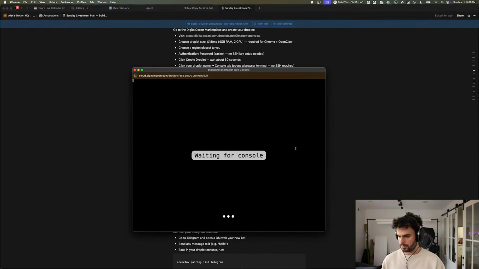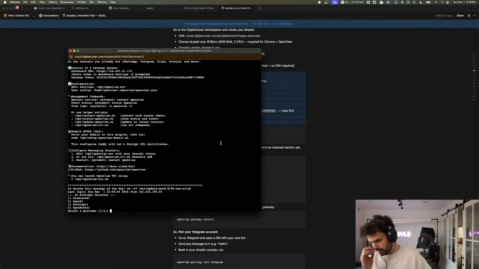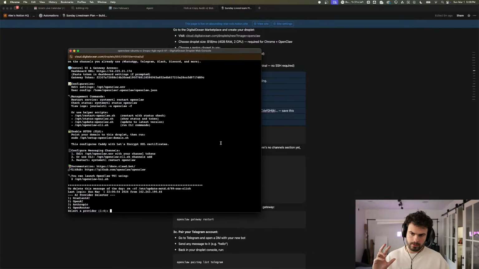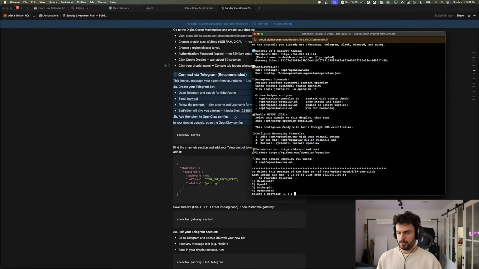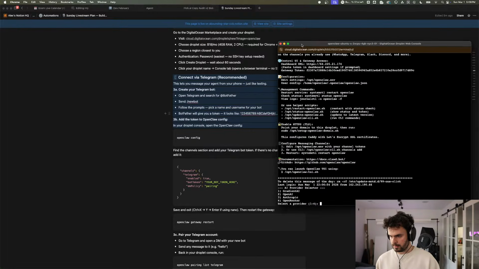Let's reload our console. Cool. So this is what we're going to be using. You can also SSH into this from your own computer and be able to communicate directly with your droplet and the server that your OpenClaw agent is going to be installed on. But you can also use the terminal that is native from DigitalOcean. It's going to work perfectly fine. Let's go ahead and